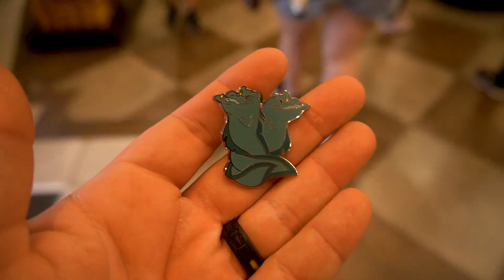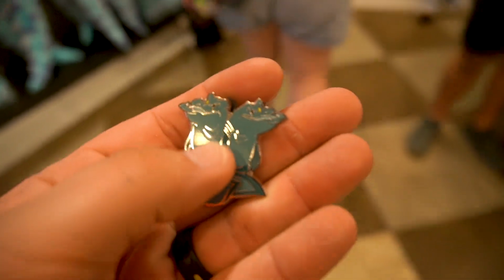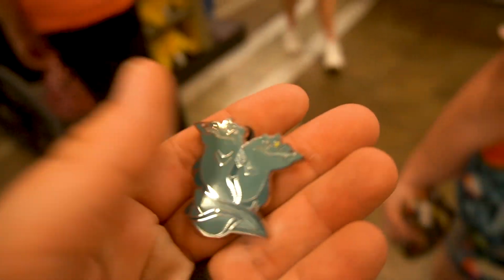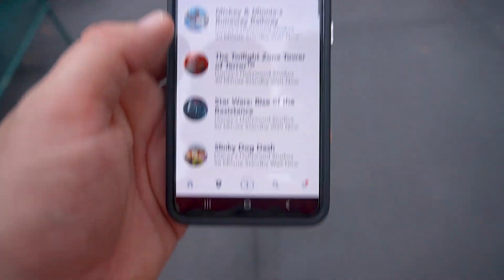weather gets here. So at the Sunset Ranch Pins and Souvenirs, we were able to get this Little Mermaid one. They're Ursula's eels, and I can't remember what their names are. The drastic difference of coming the day after Christmas and the day that it is going to absolutely pour